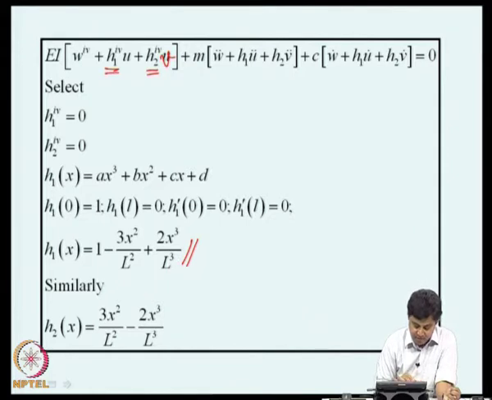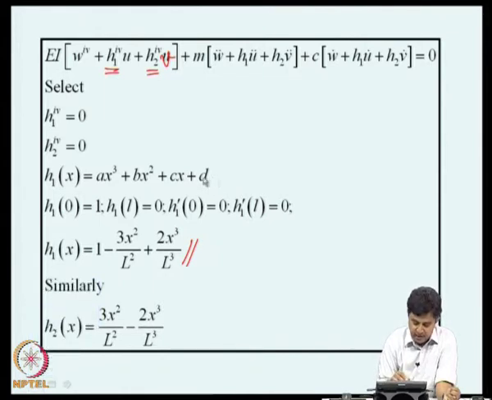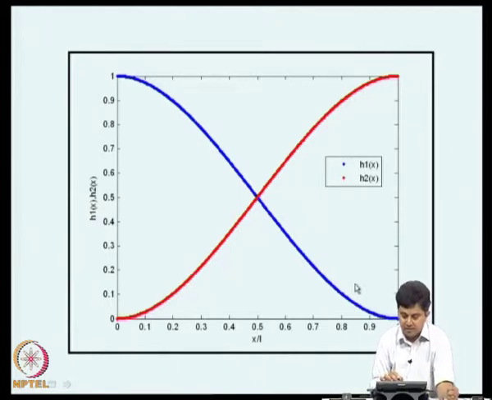as shown here. Similarly, the fourth derivative of h2 equal to 0 would mean again h2 of x is a similar cubic polynomial, and again on h2 I have 4 conditions. Using that we can show that h2 of x is another cubic polynomial as shown here. If we were to plot them, they look like this: h1 of x is this and h2 of x is this. So, if you are familiar with finite element modeling of beam elements, you will recognize that these are nothing but 2 of the shape functions that we use in discretizing a beam element.